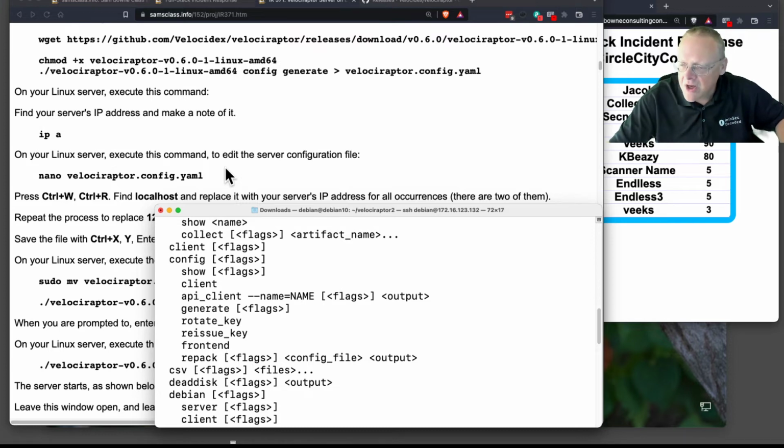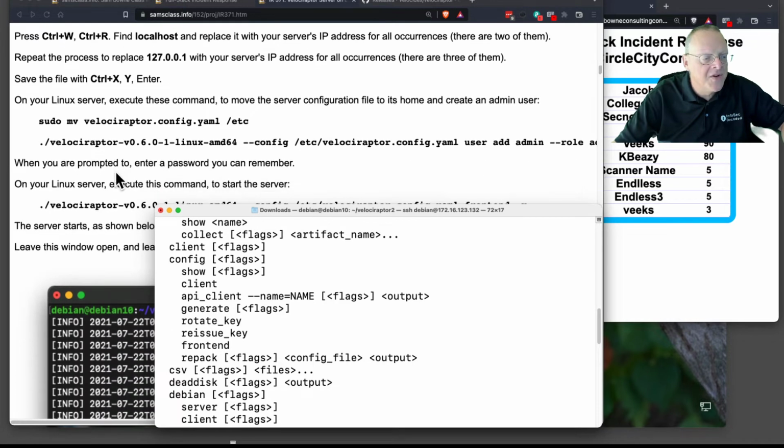On a real deployment, you would want to put this behind a VPN concentrator or something, because you don't want everybody getting to your Velociraptor management console. Your Velociraptor server can run code on all your clients, so you'd have to secure it. But for classroom use, this is good enough. So